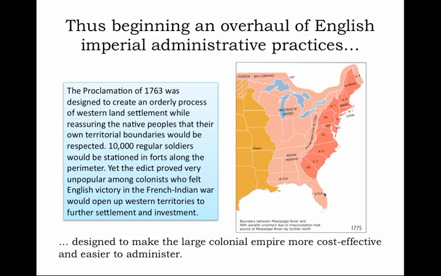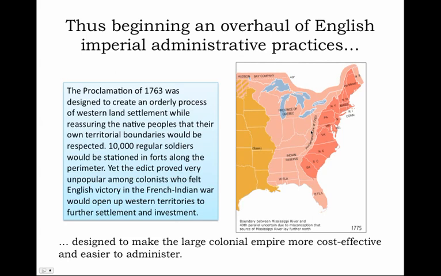10,000 regular soldiers, it was estimated, would have to be stationed in forts along the perimeter. You see the proclamation line of 1763, right in the heart of this Great Lakes, Ohio River, and Mississippi Basin. 10,000 regular soldiers would have to be stationed in a chain of forts along the perimeter just to protect the English colonial land claims. Yet the edict, that is the proclamation itself, proved very unpopular among colonists who felt that